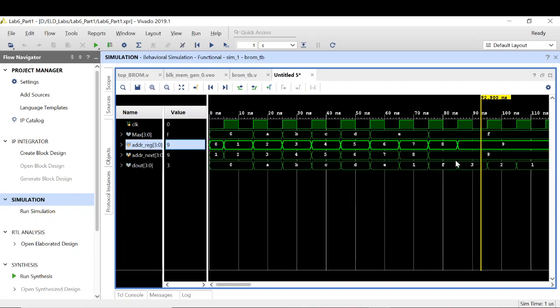So we got the maximum value as well, and we looked into 3 aspects in this particular part of the lab. The first is how to make different kinds of memory. There are options to make different kinds of memory using the block memory generator, but for our use we made only a single port ROM. The second thing we learned is how to initialize the ROM.